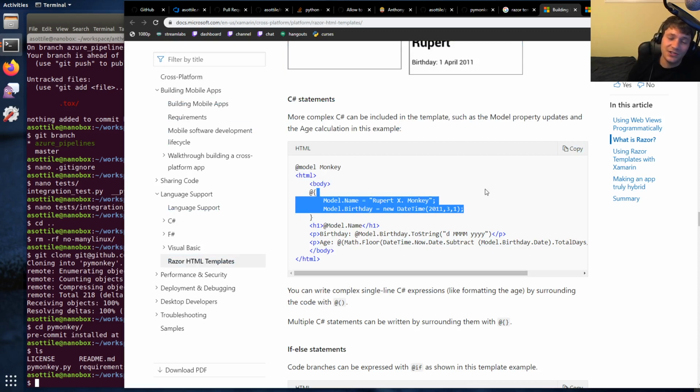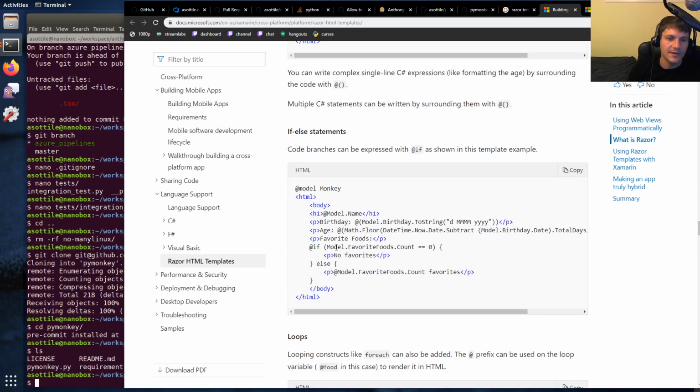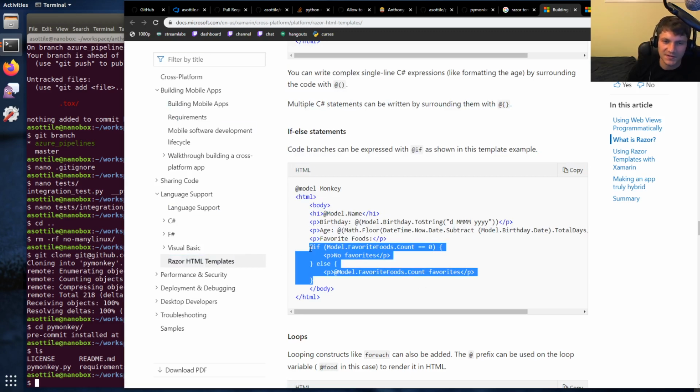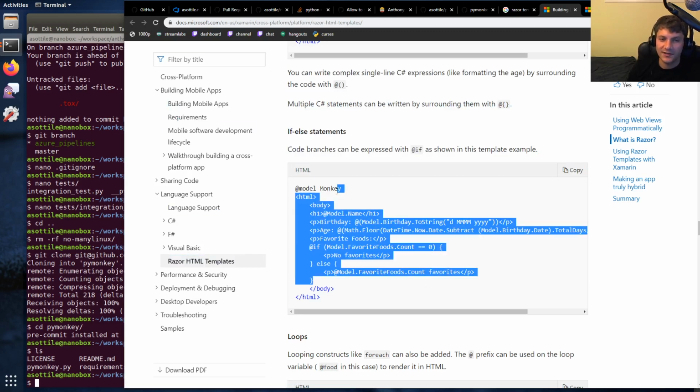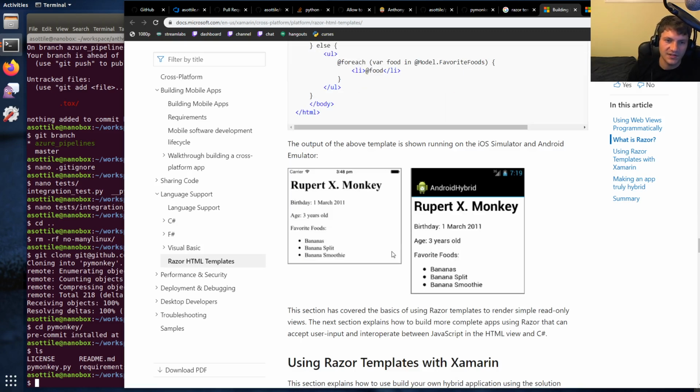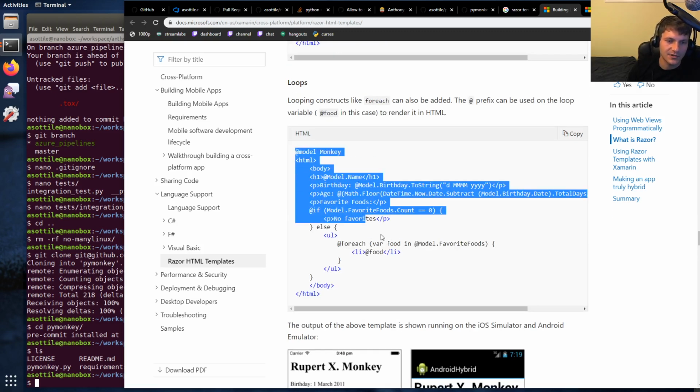Although you really shouldn't be performing side effects in a template render, but I guess you can. And then branches were like this, and this was actually pretty wild, but it was able to know that this is part of this if statement up here without any special syntax to do that. But I really like this templating, and you could do strongly typed templates. This one is not one of the strongly typed templates, but